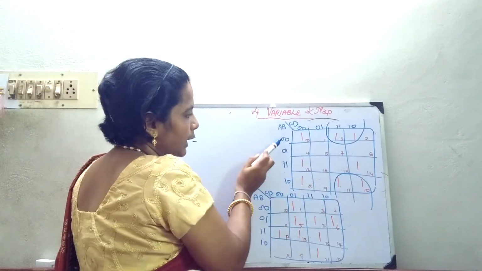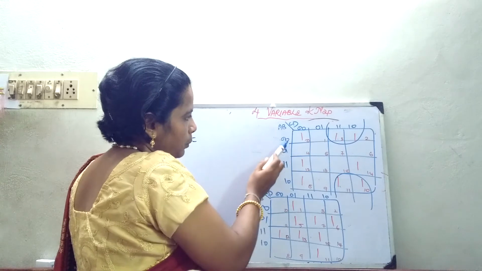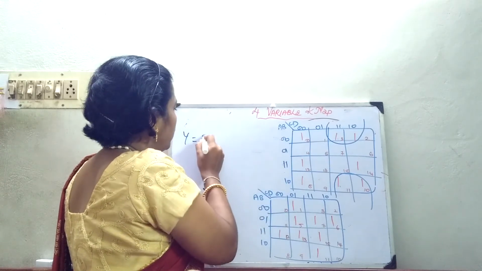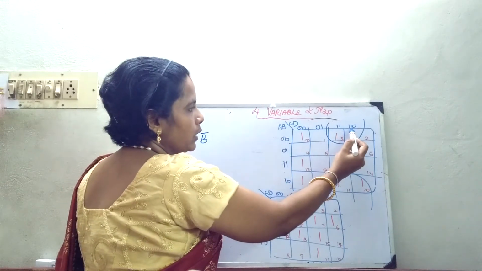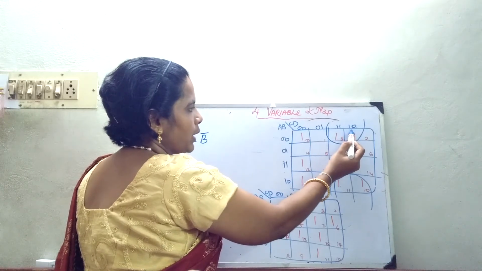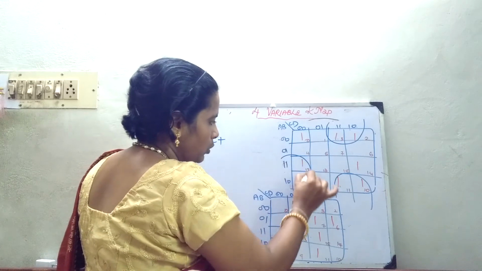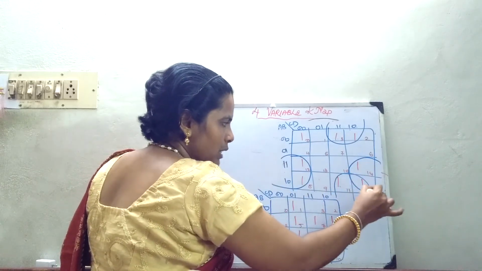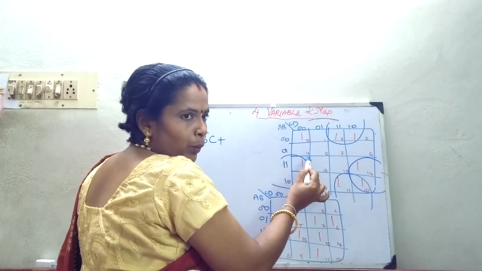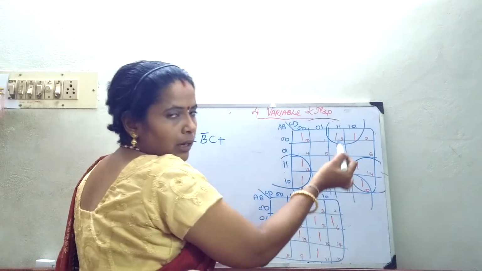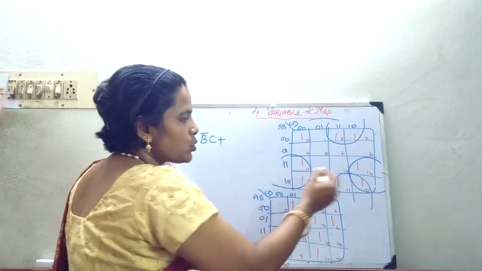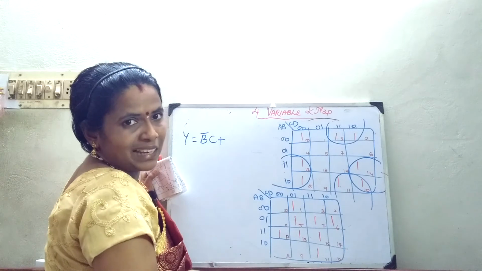Okay. So it lies in these two rows. So 0 1 not matching, 0 0 matching, so it is B bar. 1 1 matching, 1 0 not matching, 1 1 matching, so it is C. The first 4 cell grouping is over. Now this is my second 4 cell grouping. Instead of doing a 2 cell grouping, though you are overlapping, it is creating an advantage. Okay. So I will be going in for a 4 cell grouping.